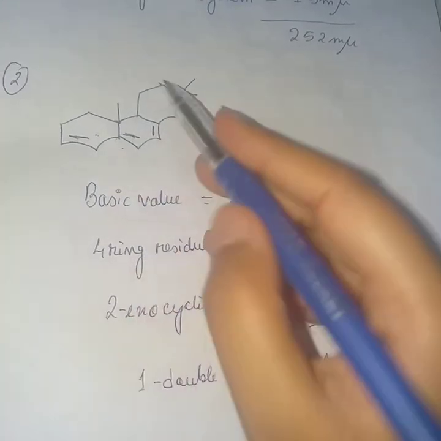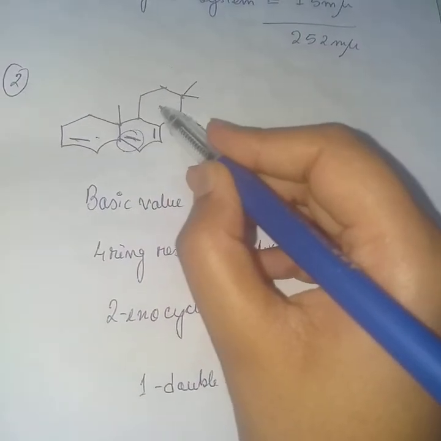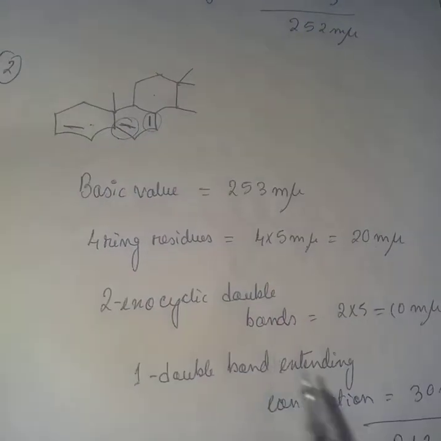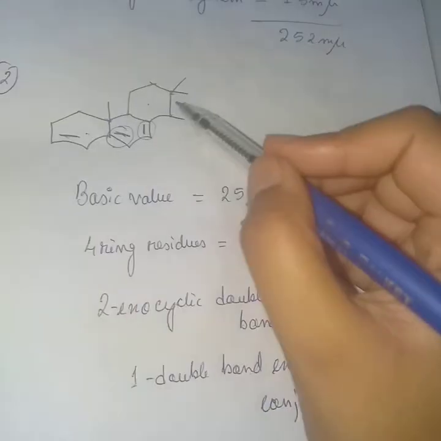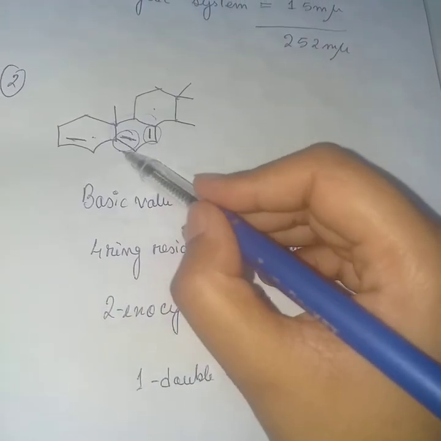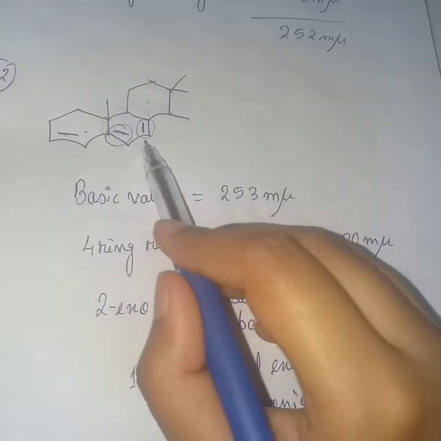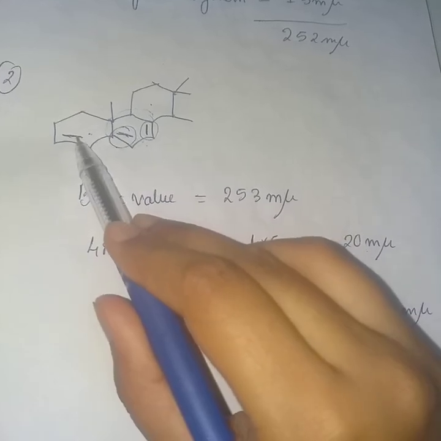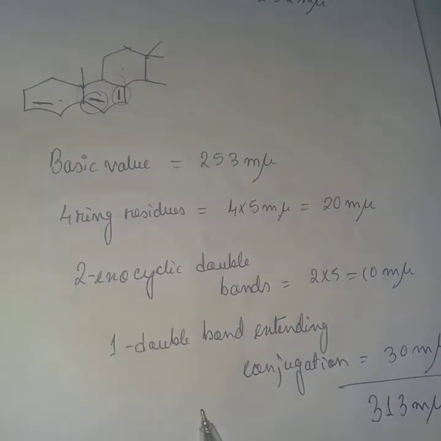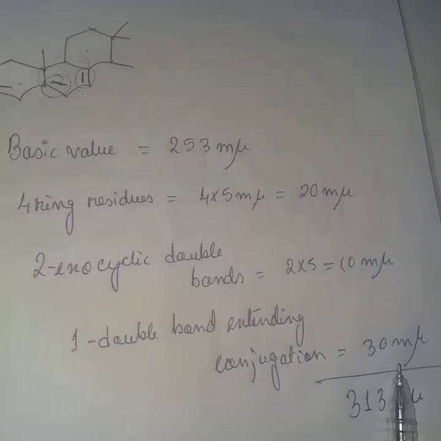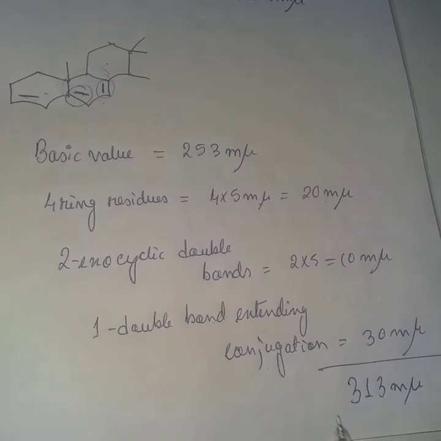For this ring, this is the exocyclic double bond, for this ring this is the exocyclic double bond, and 1 double bond extending conjugation. So this is our parent ring, homoannular. 1 additional double bond is present, therefore we have taken 1 double bond extending conjugation, 30 millimicron, and this is the